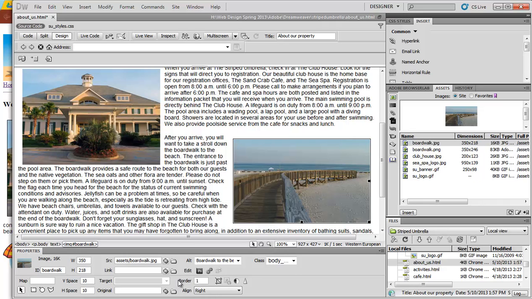Okay, let's go ahead and change our alt text. Select your Clubhouse image. Right now, our alt tag down here on the very bottom just says Clubhouse. But I want it to be a little bit more specific. So let's type in the striped umbrella Clubhouse. The striped umbrella Clubhouse. And a boardwalk just says boardwalk to the beach. Let's go ahead and change it so it says the